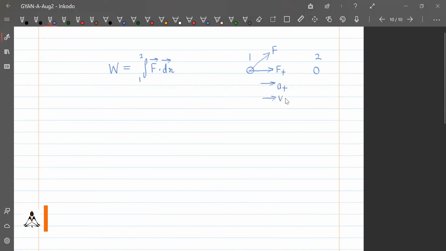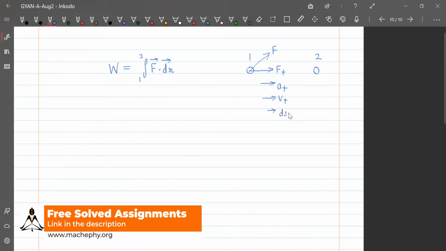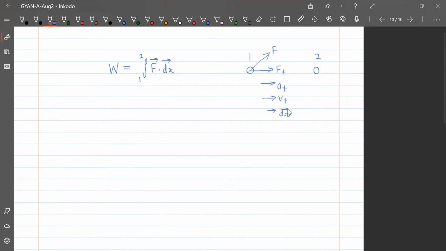Just see, we have defined work done. We have defined our work done as integration of F dot dr, and this is when particle is going from point 1 to point 2. कोई फोर्स लग रहा है इस पे, इस एंगल पे, और जो डिस्प्लेसमेंट हो रहा है, जो टेंजेंशियल एक्सेलरेशन है, वो इस डायरेक्शन में है। तो टेंजेंशियल एक्सेलरेशन की वजह से ही एक्सेलरेशन आएगा, इसकी वजह से ही वेलोसिटी आएगा, and that will be responsible for change in position, displacement dr। तो dr वेक्टर, वेलोसिटी वेक्टर, एक्सेलरेशन वेक्टर, वो सारे टेंजेंशियल फोर्स की डायरेक्शन में होगा।